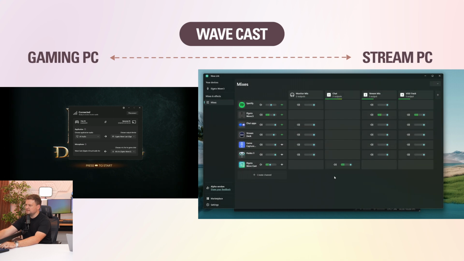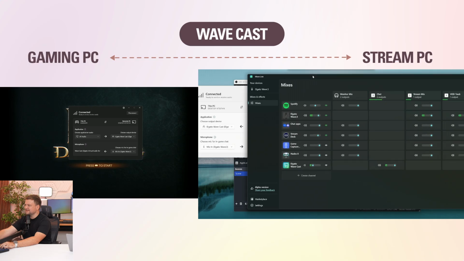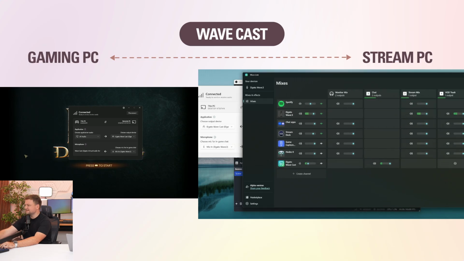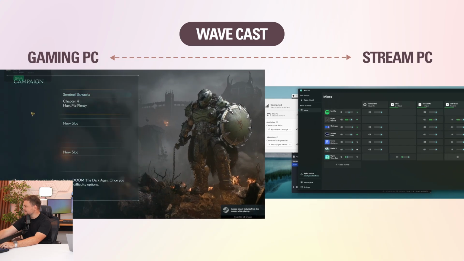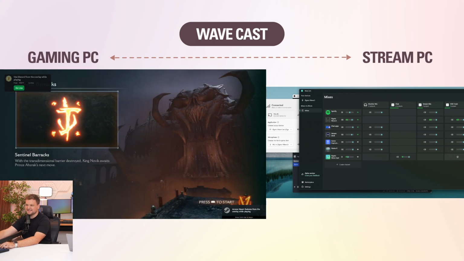All right, can you hear the game audio? Is that coming through? All right, I'll turn it down a little bit. But keep in mind how we're doing this right now. This is coming through Wavecast into Wavelink over the network. And so now I can hop in game and you'll see that this is extremely low latency, to the point